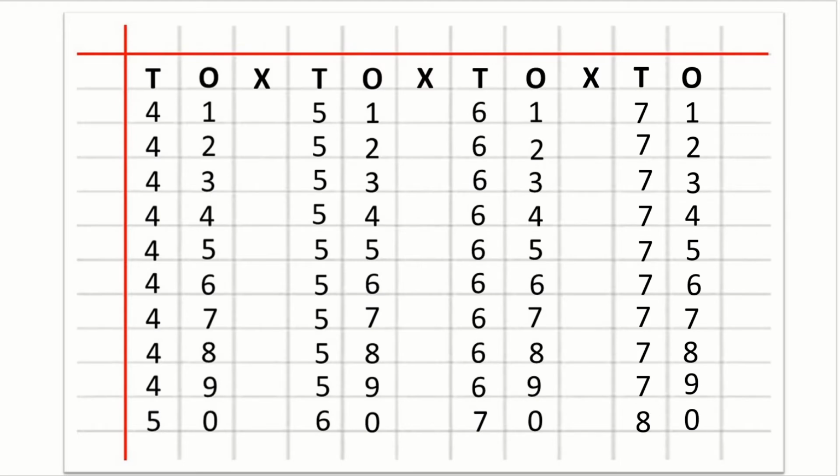Let us revise it again. First we write T. T is for tens. Then O. O is for ones. Now we will write counting under 1. So our first number is 1,